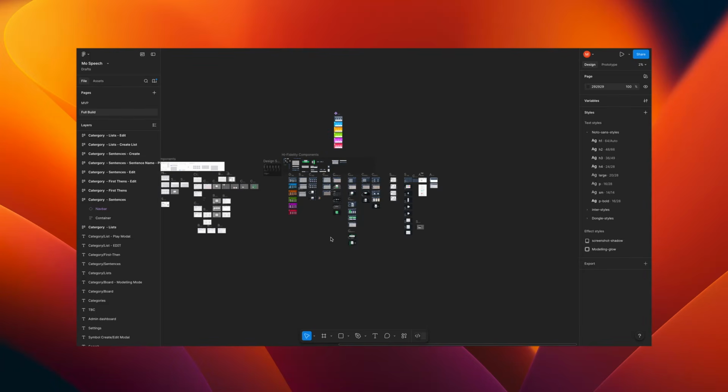And here we are back in Figma. I'm going to run through my designs for Mo Speech. Mo Speech is now about a third of the way being built with Cursor and Claude Code. I'll be making more videos about the actual build, but as I wait for my tokens